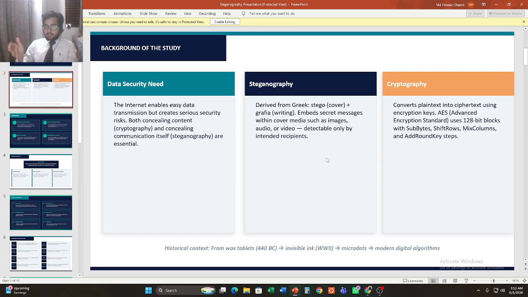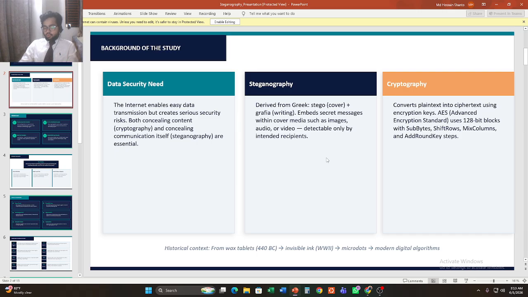From a historical perspective, steganography is not new. It dates back to 440 BC, when the ancient Greeks shaved the heads of slaves and waited for the hair to grow back before sending them as messengers. During World War II, invisible ink was widely used to hide messages in letters. The Germans developed microdots, photographs reduced to the size of a period on a printed page. Even the British reportedly hid messages inside vaccine barrels during India's colonization.